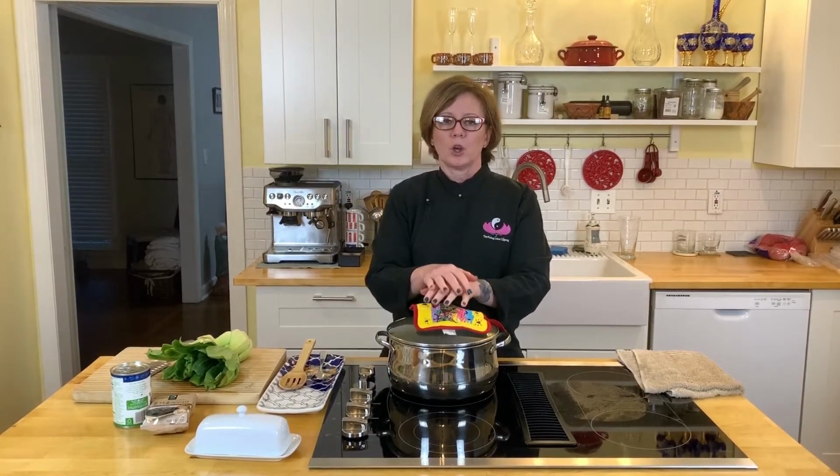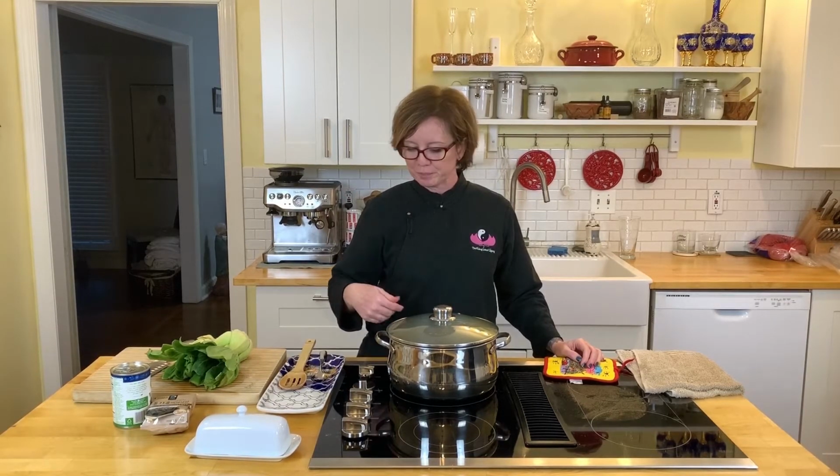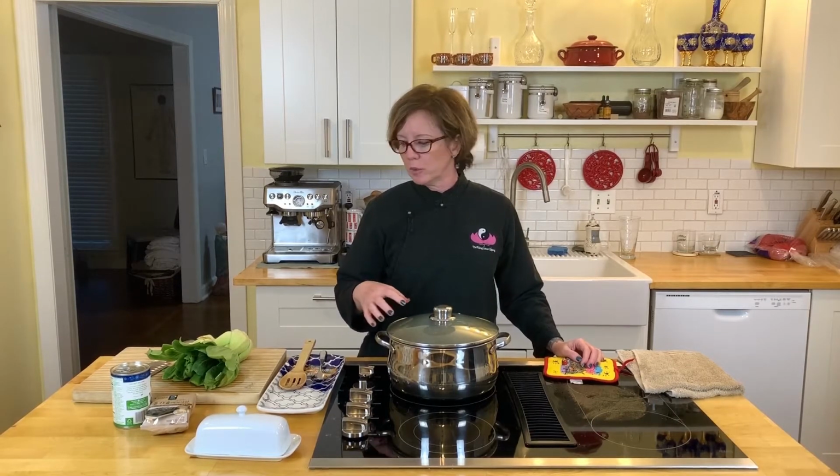So this soup, the reason that we make the black chicken soup is to nourish the jing. So that's that deep part, that foundation of our body. And there's some components inside of the black chicken, I'll spare you the details, or maybe we'll put a link at the bottom of the video so you can read about it, that are released as we cook the chicken. But other things that help to nourish the jing of the body include